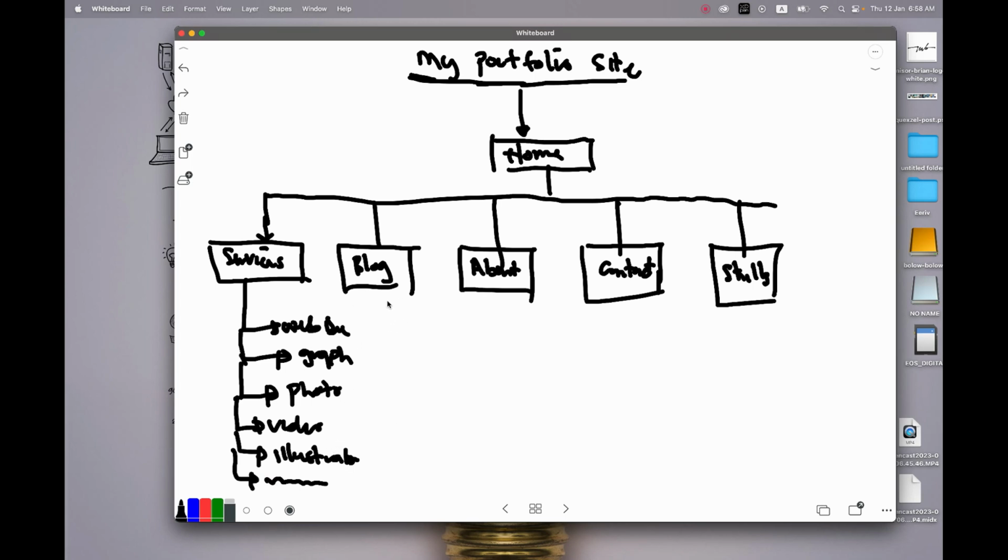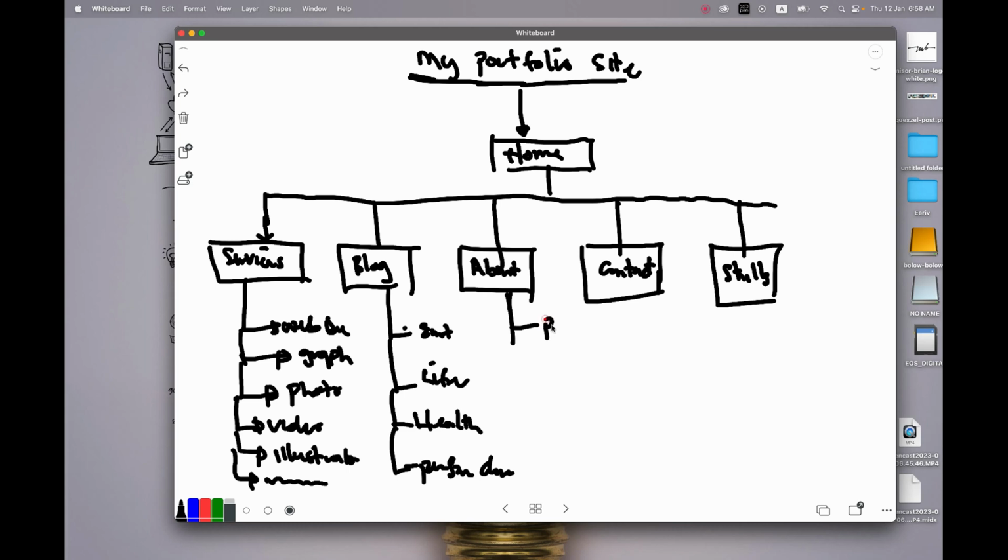So the next, when they go on the blog page, in here they'll have like the different blog topics that I'm going to be blogging about. Maybe entrepreneurship, I'm going to be blogging about life, I'm going to be blogging about maybe health, I'm going to be blogging about personal development. And on the about page, they can see